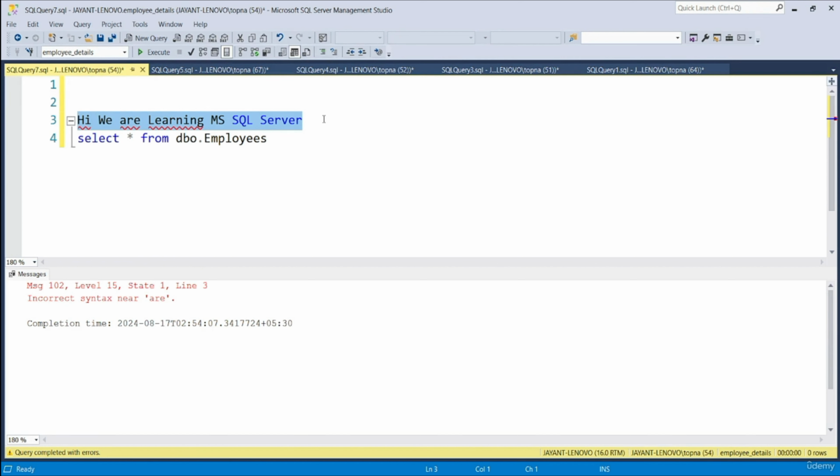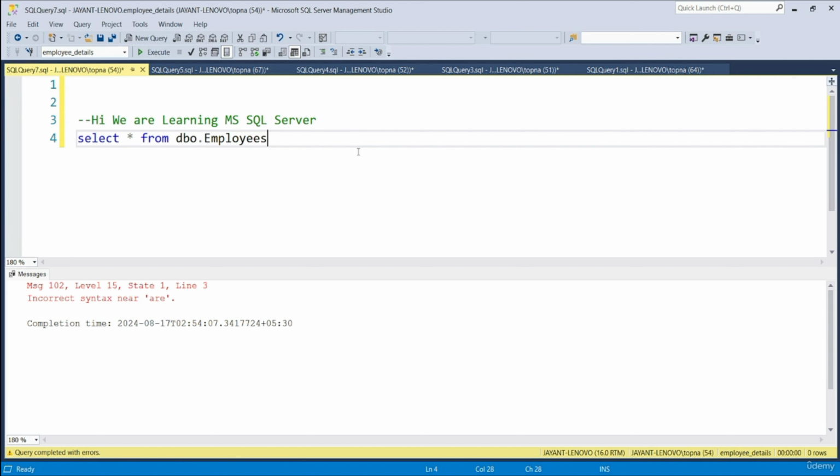And if again I want to convert line number 3 into a comment, I will click at the end of line number 3, and then here you can see that there's an option to comment the selected line. So you can comment it from here. Now it is commented and now it will not show the error. So you can comment and uncomment like this.